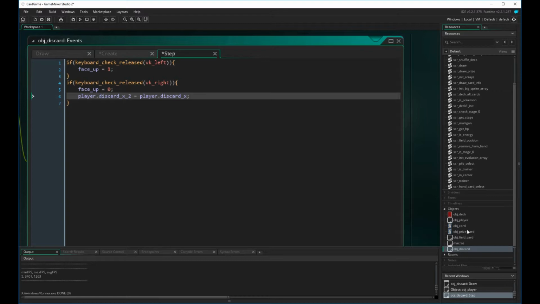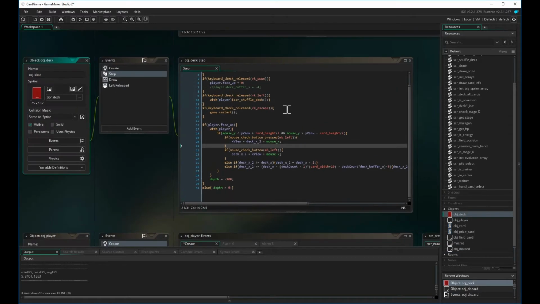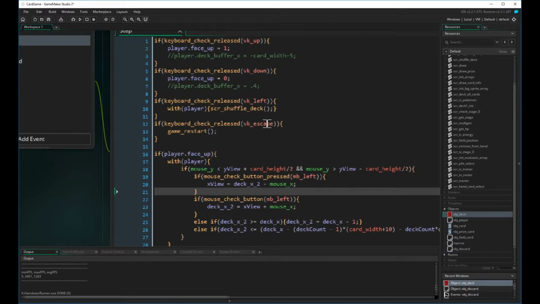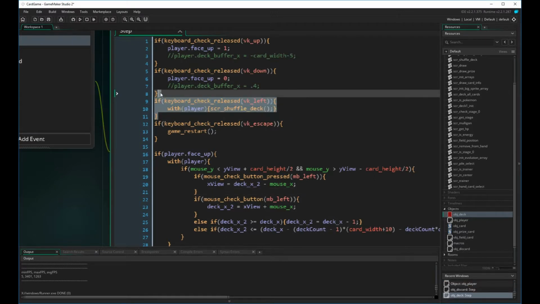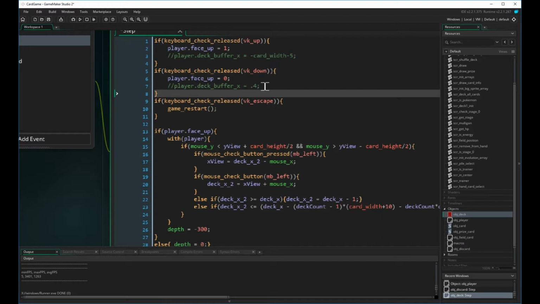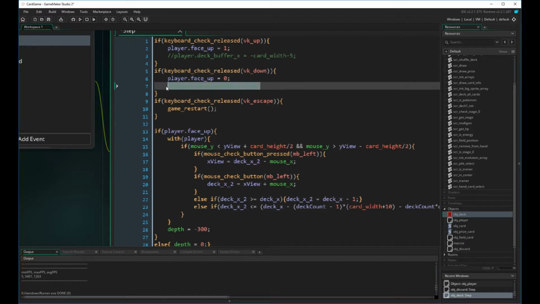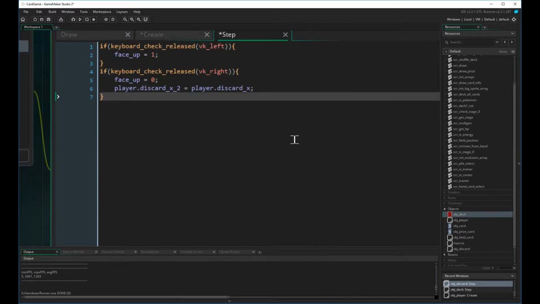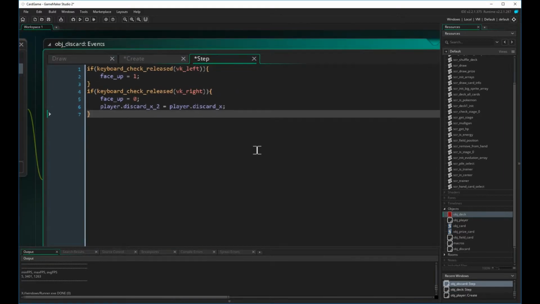Now, in our deck object, we are already using this left event. So we're going to remove that. Another thing we want to do is change our player deck x2 equal to player deck x, just like we did before, so that whenever we recall doing this, it goes back to its original state. So now if we go back to our discard object,